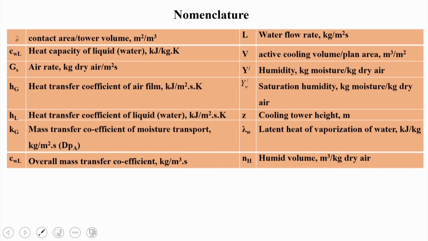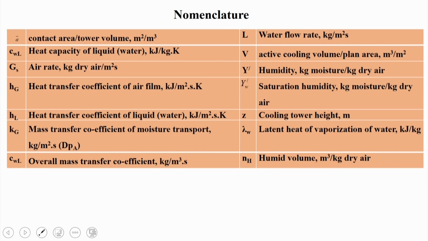Then GS is equal to air rate, in kg dry air per meter square second, used on the dry basis, and small hg is equal to heat transfer coefficient of the air film, in kilojoule per meter square second Kelvin, and small HL is equal to heat transfer coefficient of the liquid water, in kilojoule per meter square second Kelvin, and small kg is equal to mass transfer